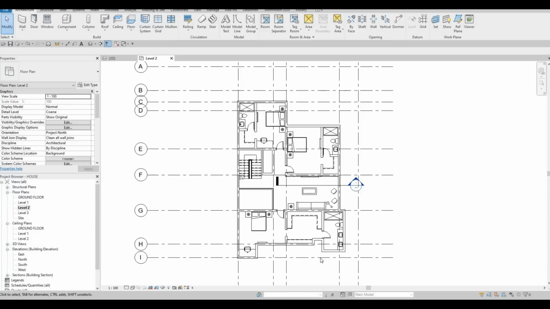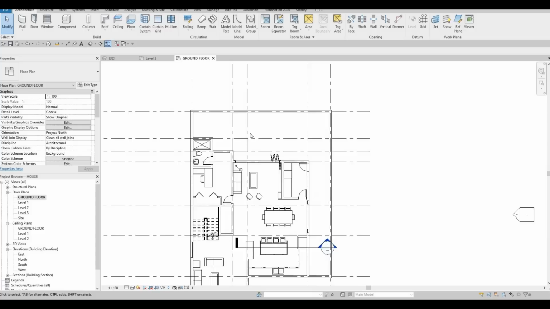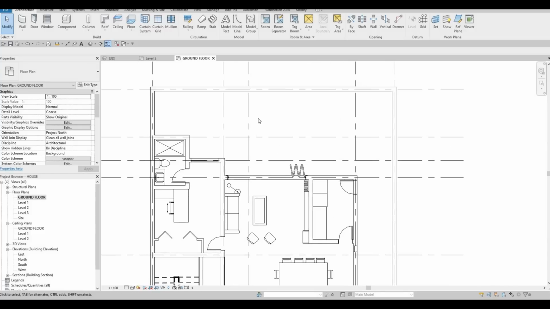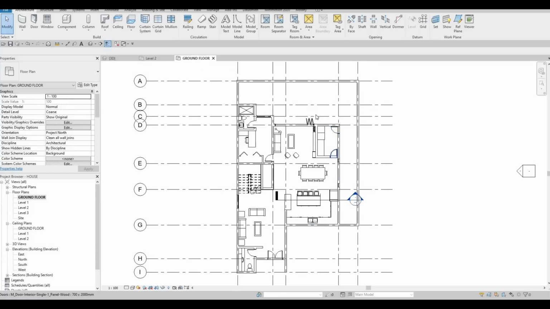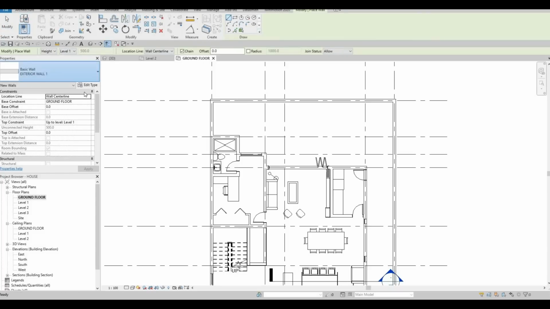So in the last video, we were able to continue level 2 on our project. Now we're gonna continue working on this. What I want to do is go to ground floor and add a backyard, or create the pool and then the backyard area. So now what I'm gonna do is create a new wall, and we're gonna call it,